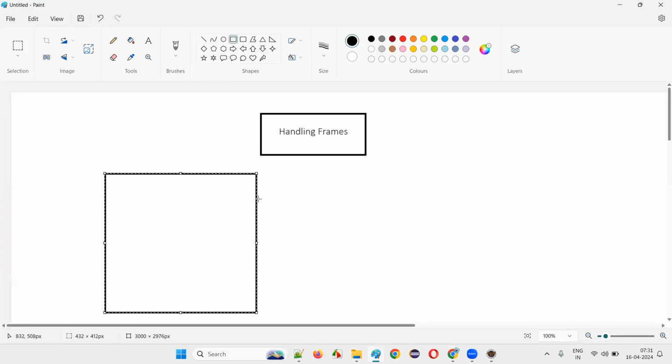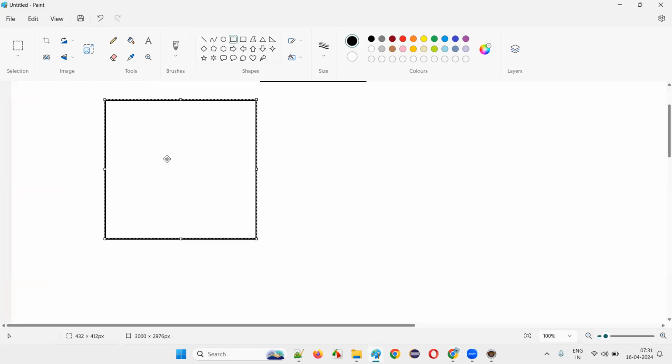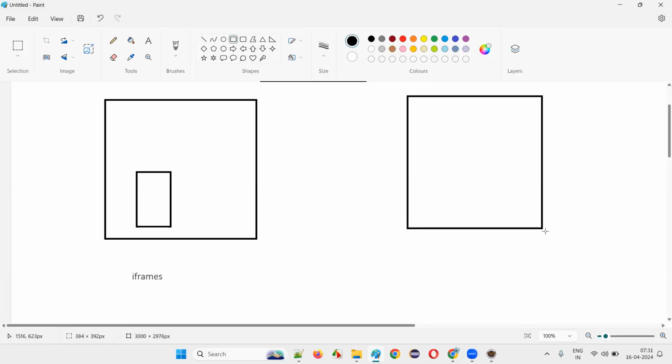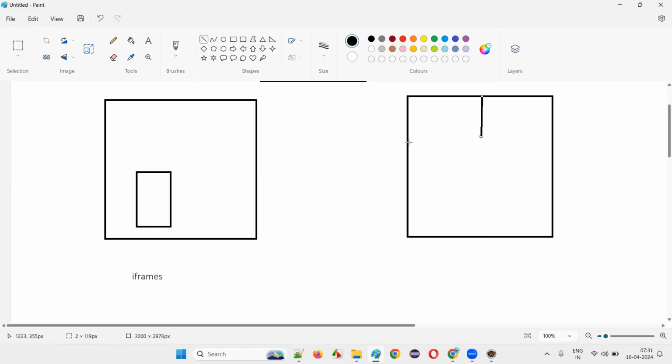Assume that it is a website page, and at any portion of the web page you want to embed one website page, either here or here or here or in between. Anywhere if you want to embed a page, then we have to go for iframes. But if your requirement is to divide this web page like this, into multiple sections,